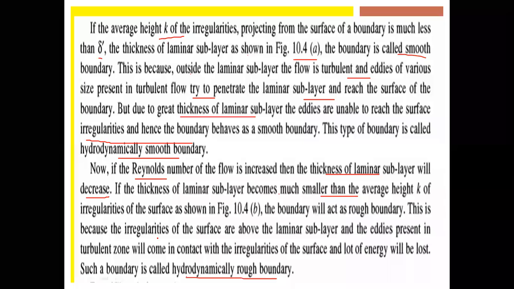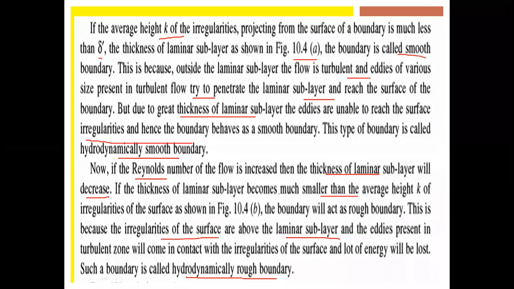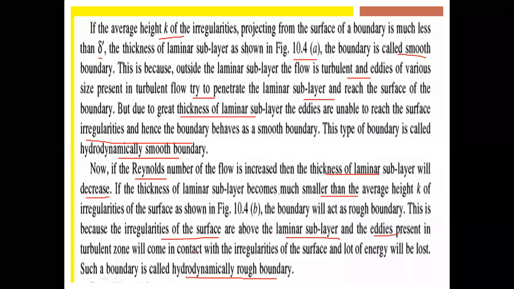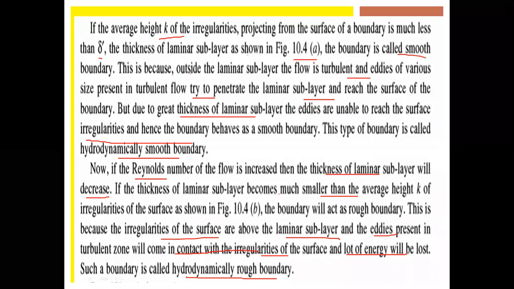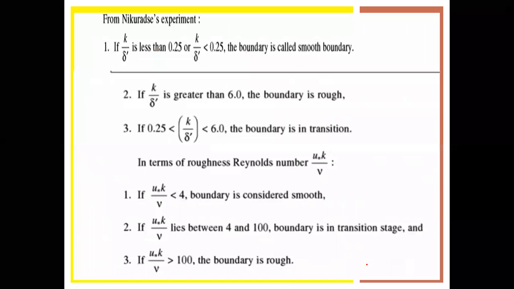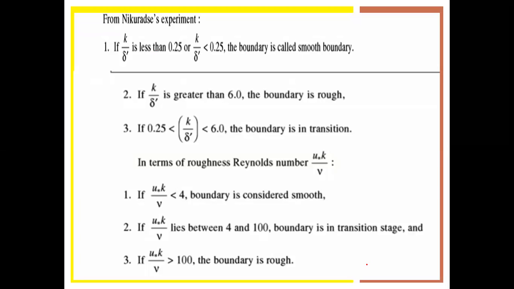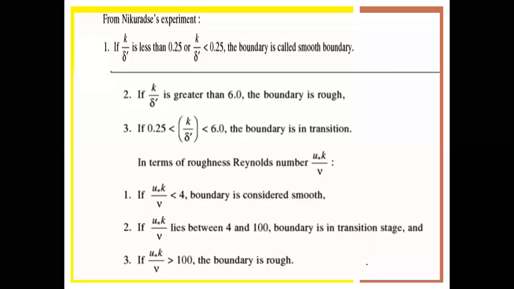Here, the irregularities of the surface are above the laminar sublayer, and the eddies present in the turbulent zone can come in contact with the irregularities. In the smooth case the eddies are not coming in contact with the irregularities, but here they are, and a lot of energy will be lost. That type of thing we call a hydrodynamically rough boundary. Got it? Next, from the Nikuradse experiment,